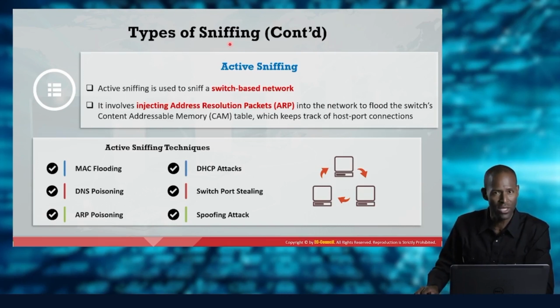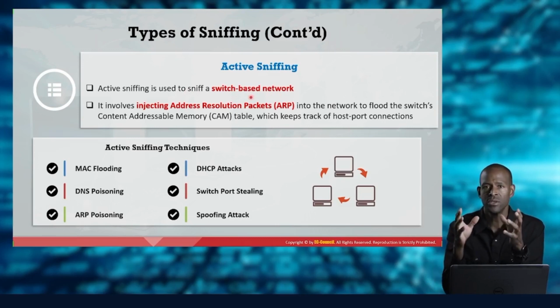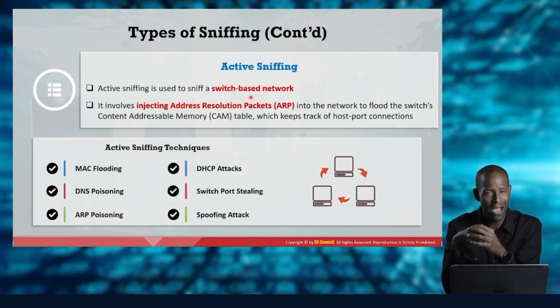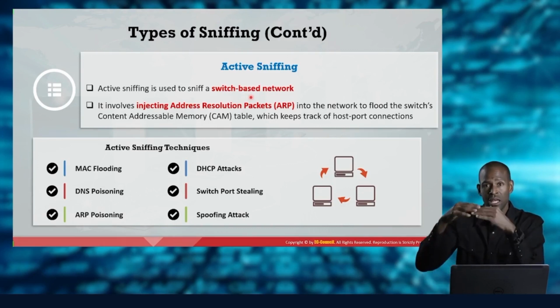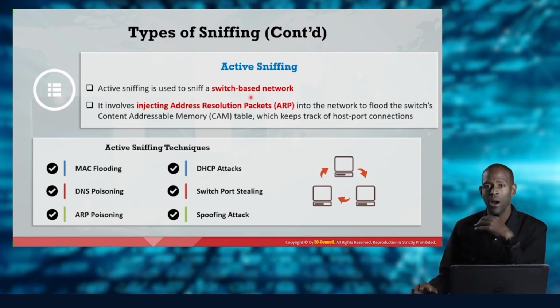And one of the best ways to see what's going on with everyone else is to inject ARP, Address Resolution Protocol packets. What ARP does is it is there to find an association between the IP address of a host on a network and its MAC address. Right now, if you were to open up a command prompt or a PowerShell prompt and you typed in ARP and then the space bar and hit -A, you would see a list of both dynamic and static ARP entries, and their MAC addresses and IP addresses. So these ARP entries,